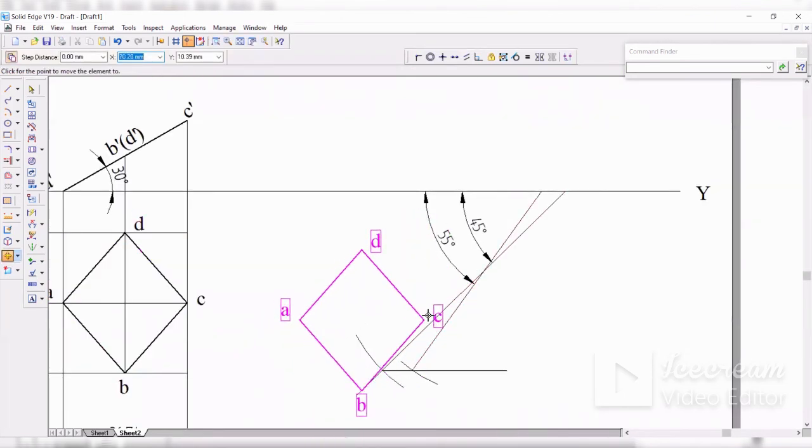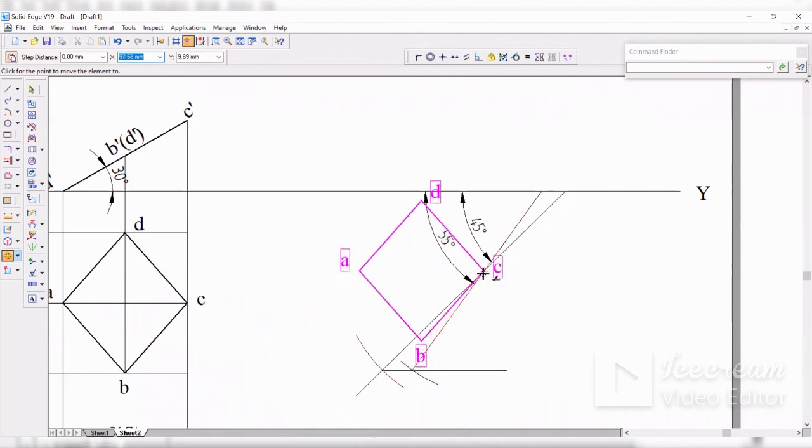See here, it has to be placed exactly on this point, on this intersection at C. Now, if you want the move option, it is asking for the selection. If you select, then the whole thing gets selected. So hold control and select everything you want to move and rotate. You just select along with the namings also. Just select like this. Now I have selected. Now I'll click on the move command.